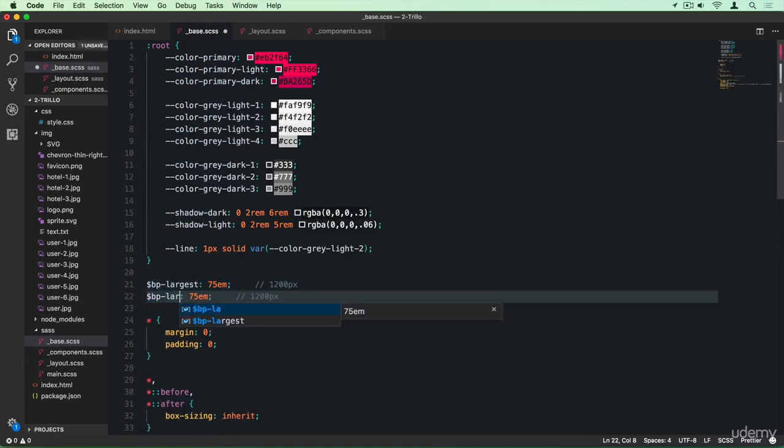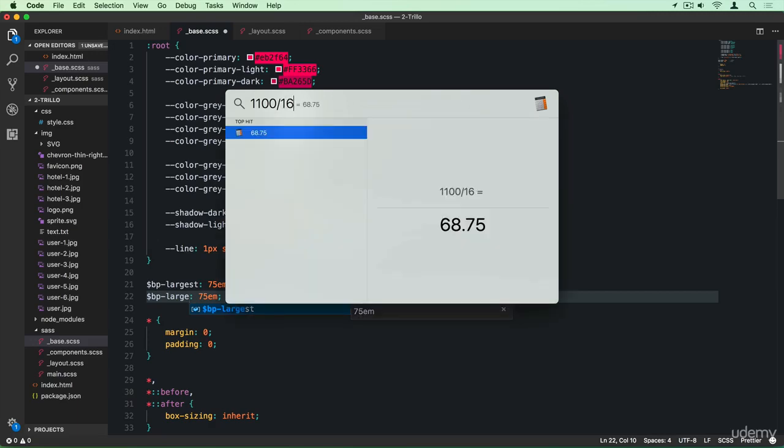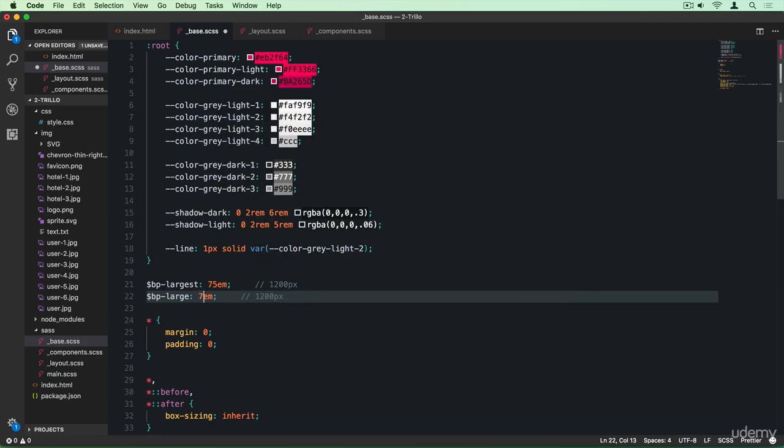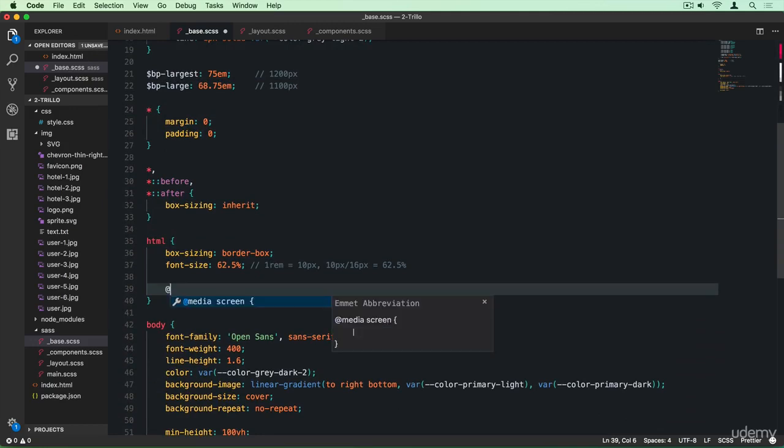So large, and 1100 divided by 16 is 68.75. All right, so 1100 pixels. And actually that one is here right in the base file. So let's just include it here. So add media only for screens and max width